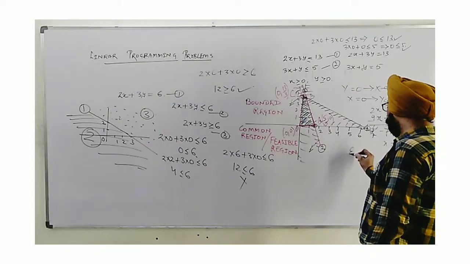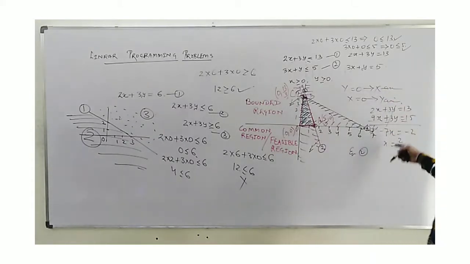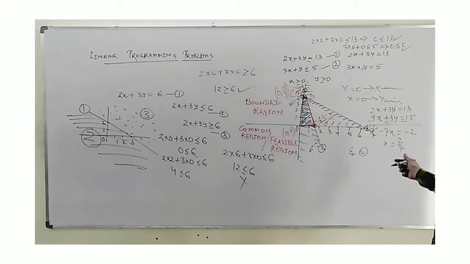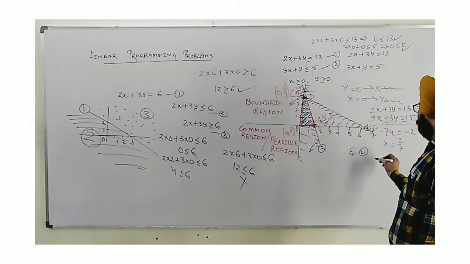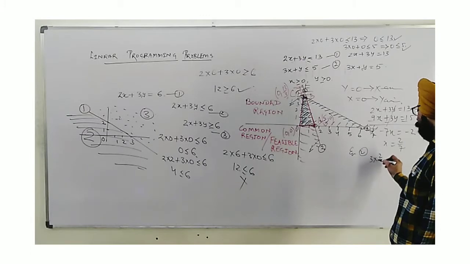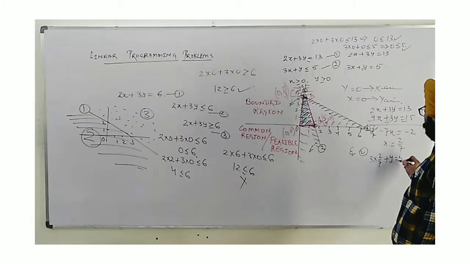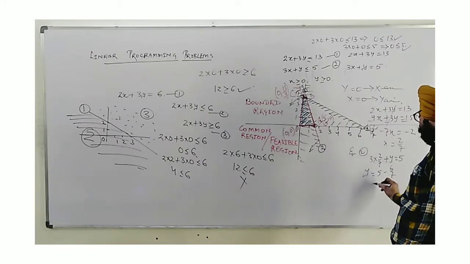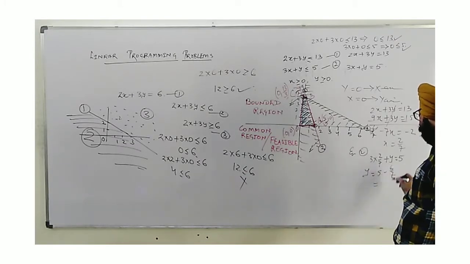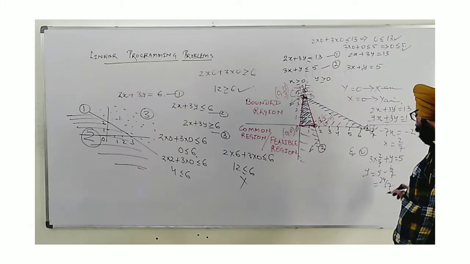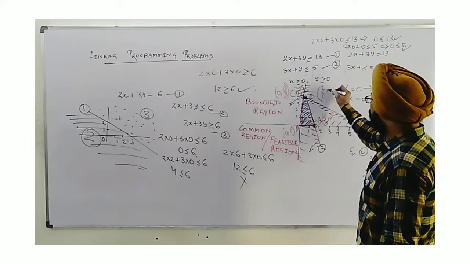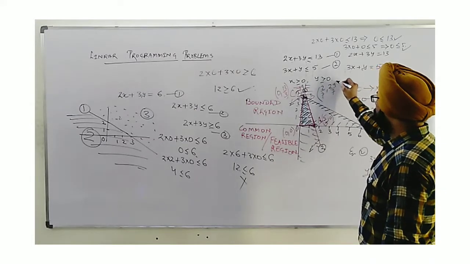From equation number 2, again I am speaking, this whole solution is not a compulsion to show as a part of the main solution. Main solution is this much. Here, equation number 2, if I take x equal to 2 by 7, so 3 into 2 upon 7 plus y is equal to 5, 3 2s are 6, so y is equal to 5 minus 6 upon 7, 7 5s are 35 minus 6, 29, 29 upon 7. So the point which we have worked out as B is 2 upon 7 comma 29 upon 7.